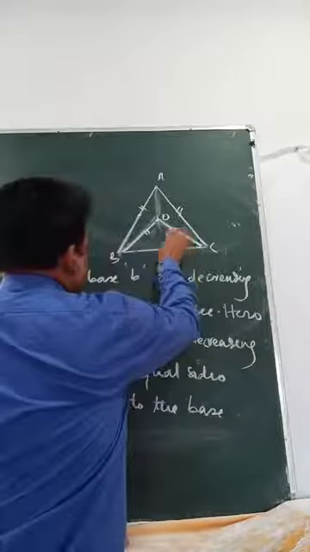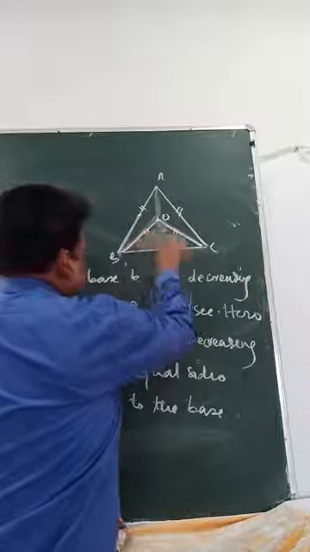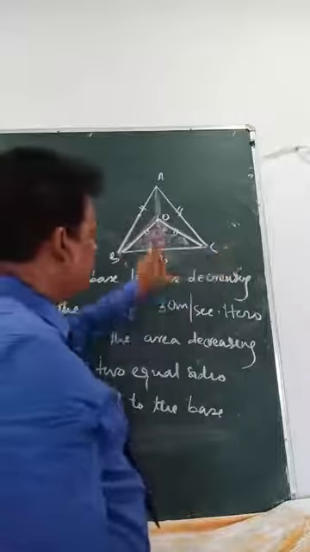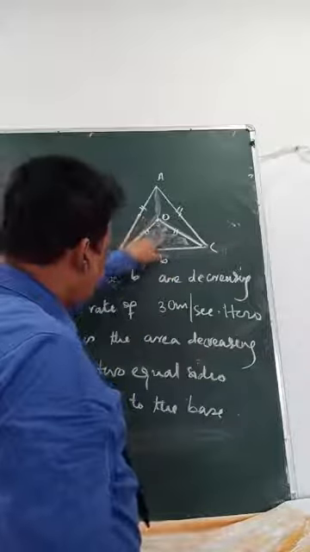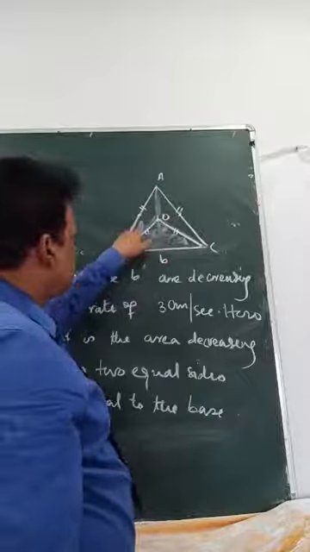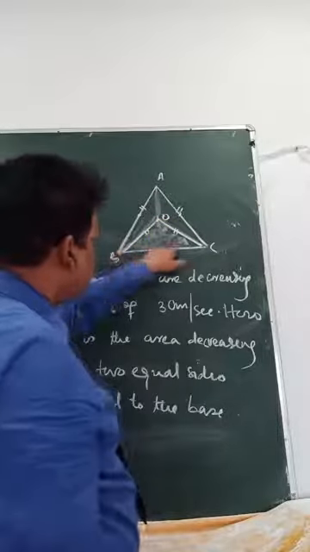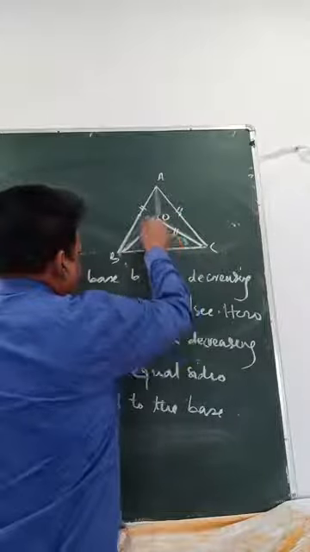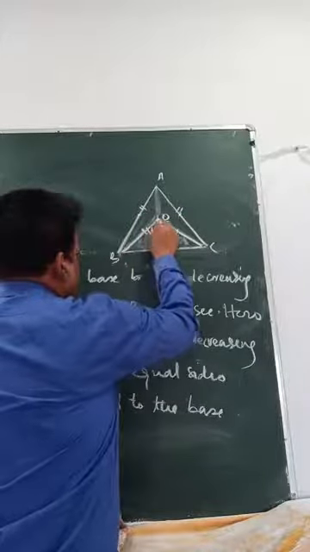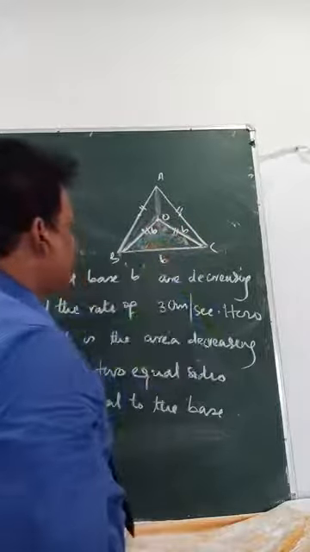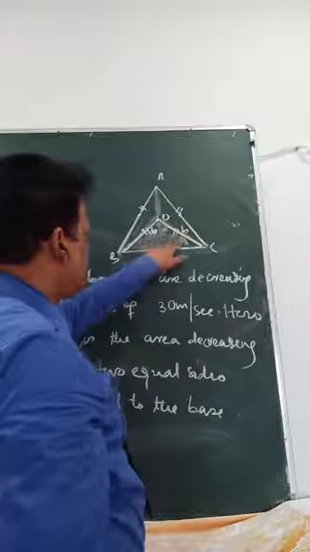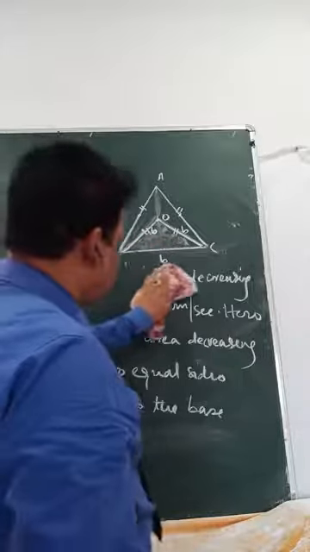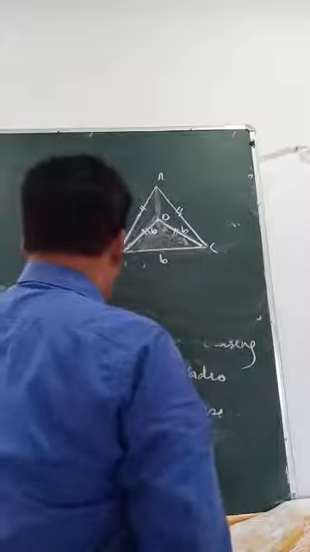Then obviously this area is decreasing. This was your original area, now the new area is decreased. So you want to find how much this is decreased. The original area was total, how much is it decreased? When the sides are equal and the base is also equal, this also will be B, this is also B. Then what will be the rate of change of area of this? This is the main point behind this question.